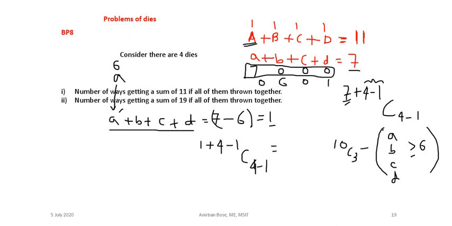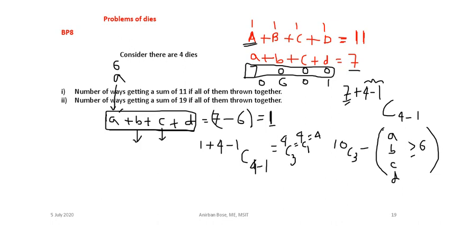So how many ways can this be done? This is 4C3. 4C3 means 4C1, which means 4. So there are 4 ways this can happen, where A prime is considered to be 6, and the summation of these possible solutions is equal to 1. Now this can also happen for B, and this can also happen for C.